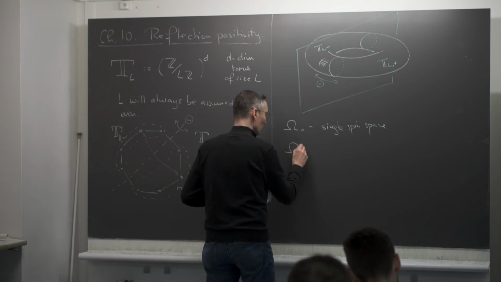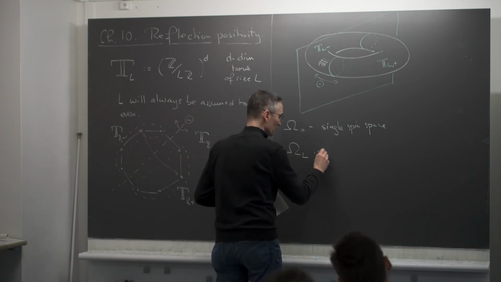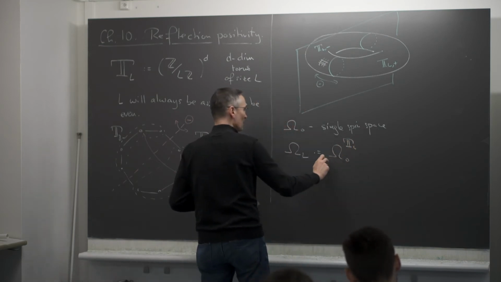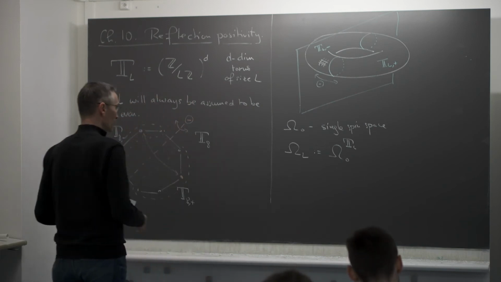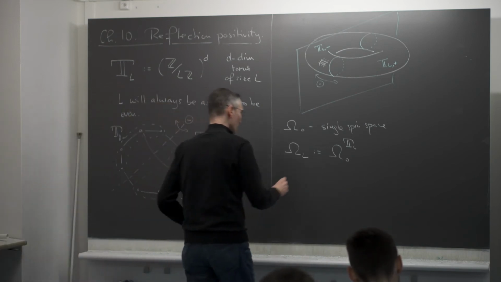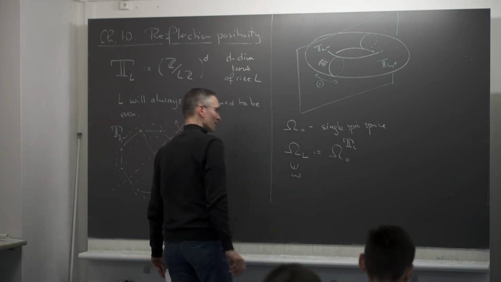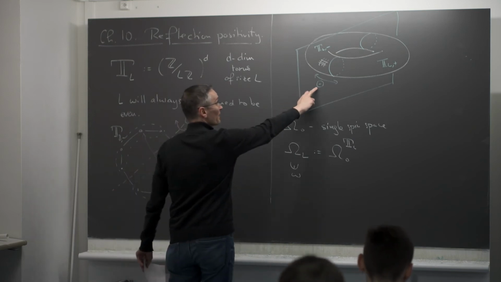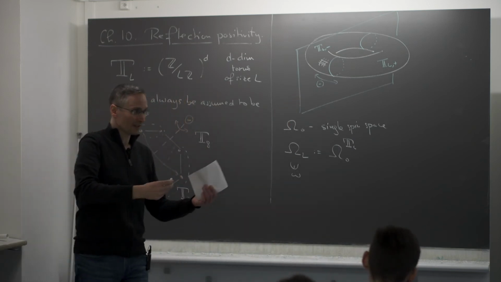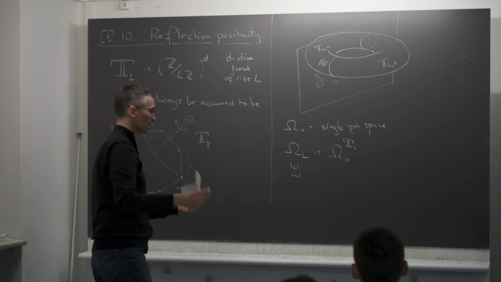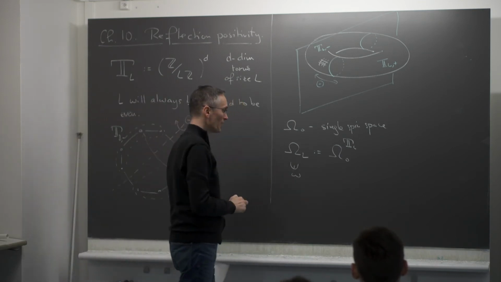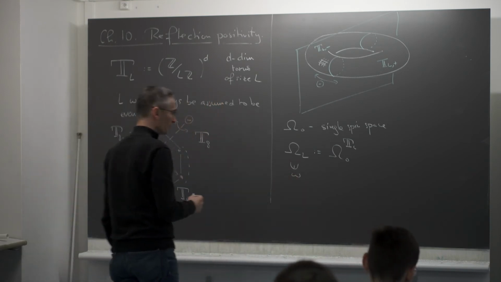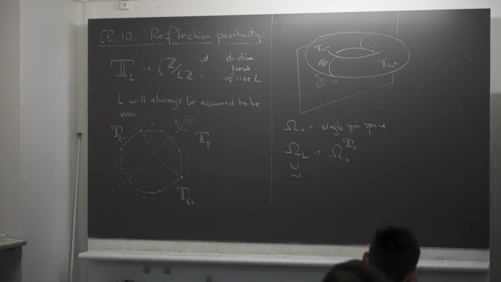And then I can define the configurations, omega L, which will just be omega 0 to the torus, all functions from the torus of size L to this single spin space. So this will be configuration of my model. And configuration will, as usual, be denoted by small omega. Now, this application theta, which is really defined on the torus, it's mapping vertices to vertices, I can extend it in a natural way to configurations, functions, and measures. And this I want to briefly introduce.